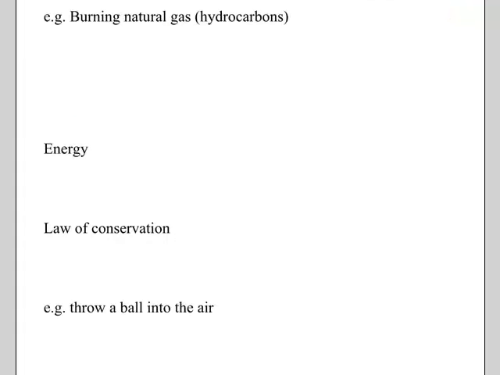And we can see, let's say we burn natural gas. Natural gas is an example of a chemical called a hydrocarbon. Hydrocarbon means it's made up of hydrogen and carbon. Whenever you burn something that has carbons and hydrogens in it, you always make the same two products, which are carbon dioxide and water. So if we took some natural gas, which is mostly the chemical methane, and we react